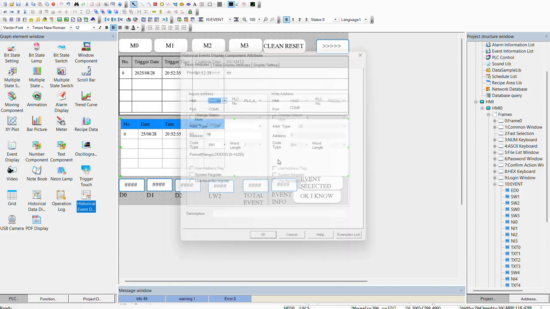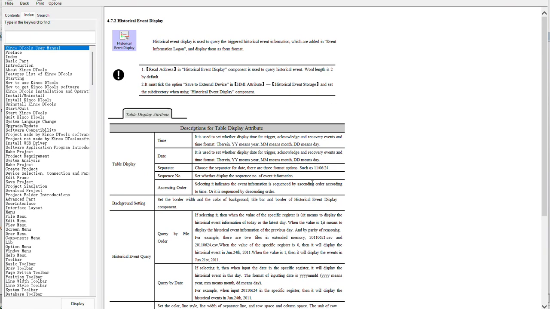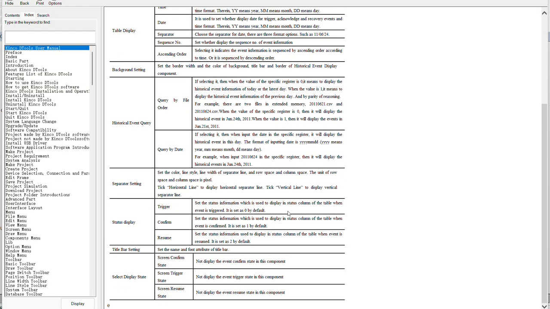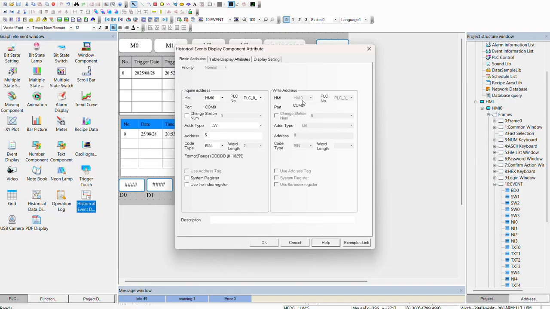Because I saw this, I can go to this value. I saw some area here. Yes, resume. Resume is resetting, simple resetting. Confirm is number 1, resume is number 2, and trigger is number 0. This is recorded like this here in our historical event display. Okay,